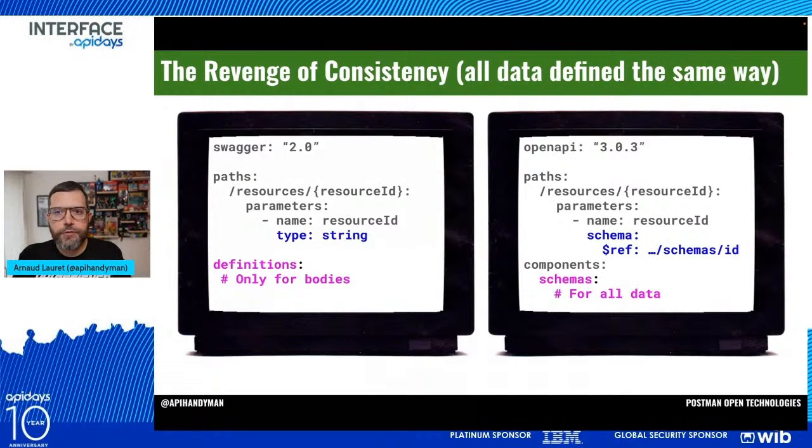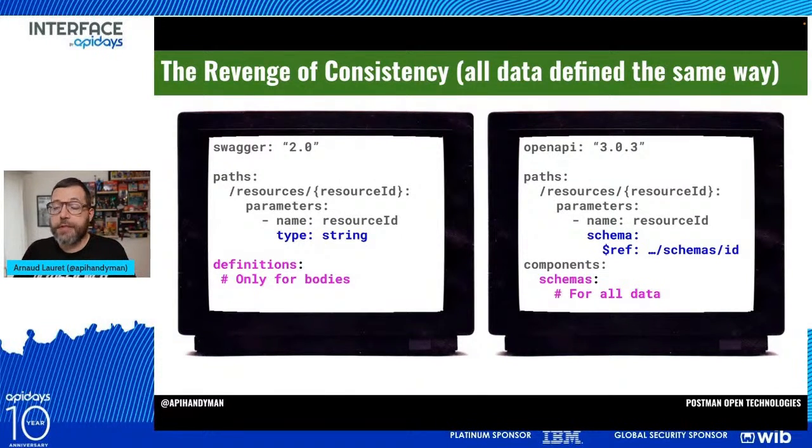The one that was used for request and response bodies was a kind of subset of JSON schema. And for parameters and headers, it was kind of JSON schema, but you could not take advantage of reusable schema definitions. All this is forgotten, and now in OpenAPI 3 and 3.1, you can define data models in component schemas.